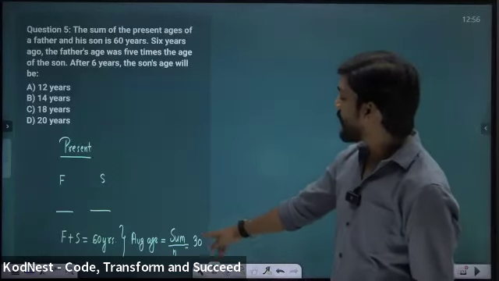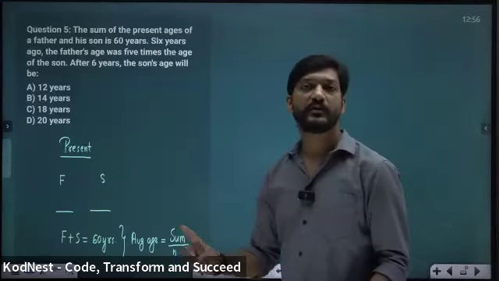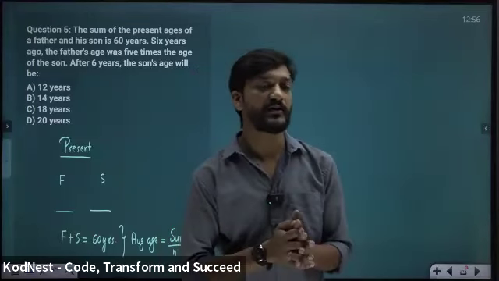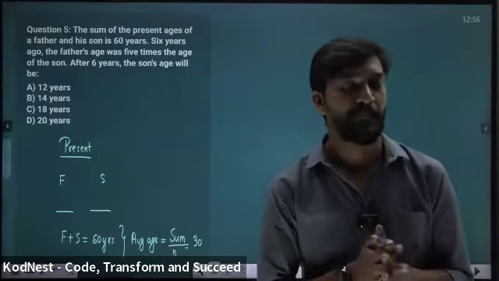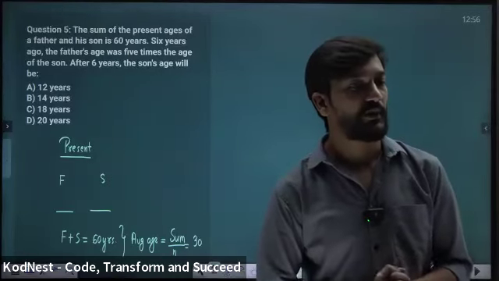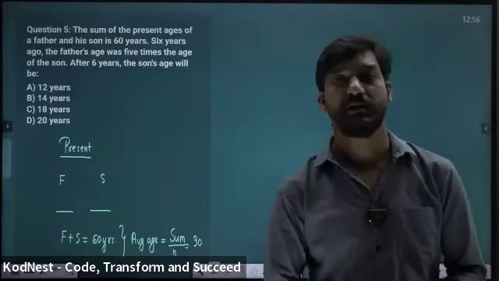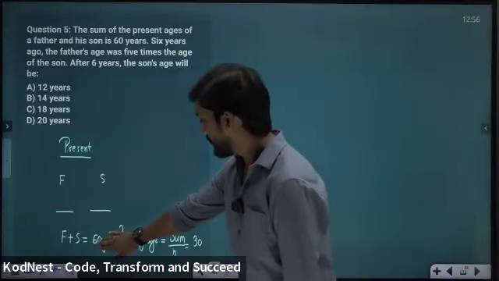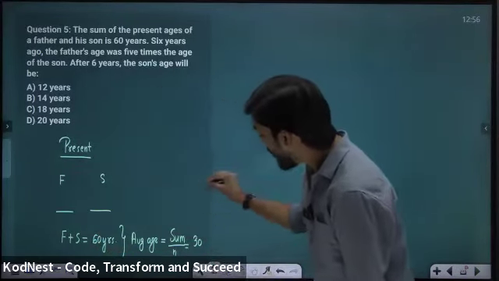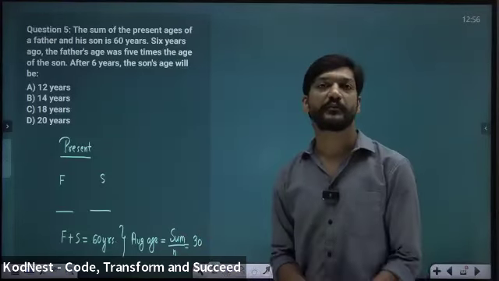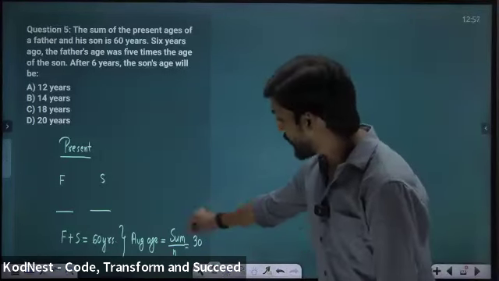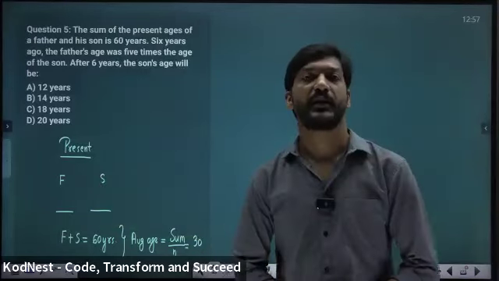So if I ask you 10 years ago, what was the average? Whatever you will say will be correct. Please answer. What will you say 10 years ago? 20. 20 is correct. How come 40? 40 for the sum. For sum, it is not 60 minus 10, but for average, it is 30 minus 10. That's why average is better to think as compared to the sum.